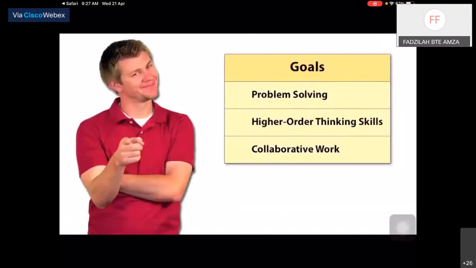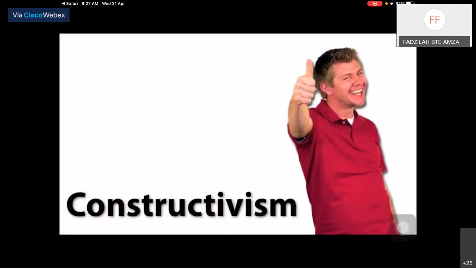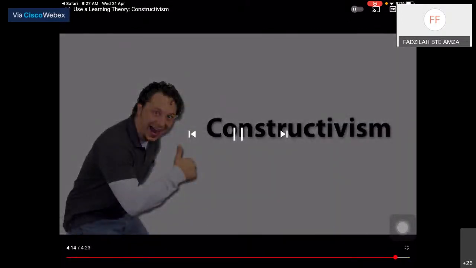After implementing these principles of constructivism, Teacher Tony's students are more actively involved in their learning by engaging in problem solving, higher order thinking skills, and collaborative work. Using constructivism really helped engage my students. If you are wanting to build problem solvers and critical